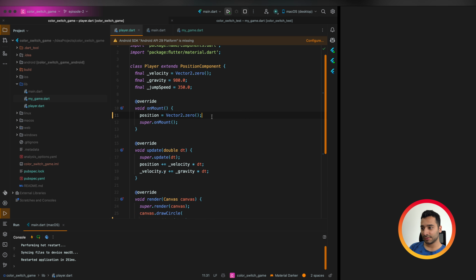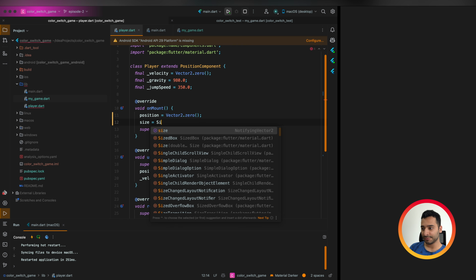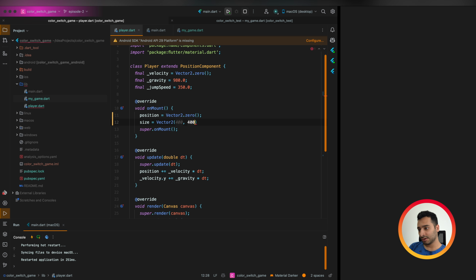As you see here, we are only defining the position, but we need to add the size. For example, if we say Vector2 400 by 400, or let me try 100, and if you run the app again, you see that this square defines the width and height of your player in the Flame game engine system. So we need to fix this.